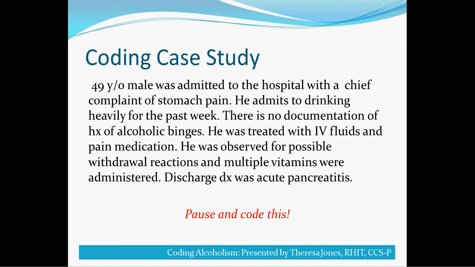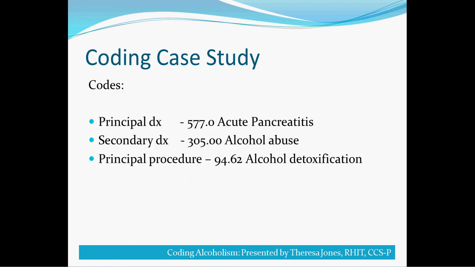So we want to stop here, pause a minute. I want you guys to code this and come back and see if you share the same codes that I came up with. Okay, so my principal diagnosis was 577.0 acute pancreatitis. My second diagnosis was 305.00 alcohol abuse. And the principal procedure code I was able to obtain was